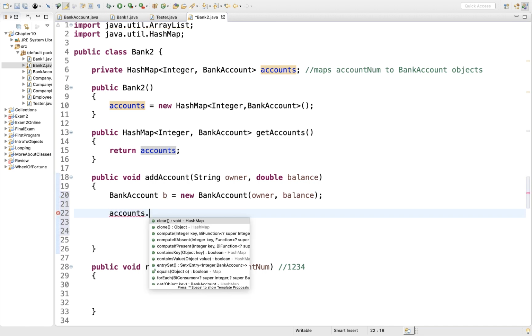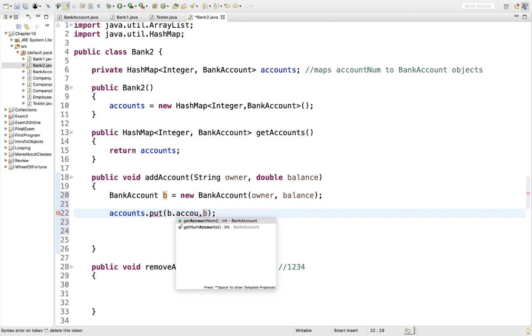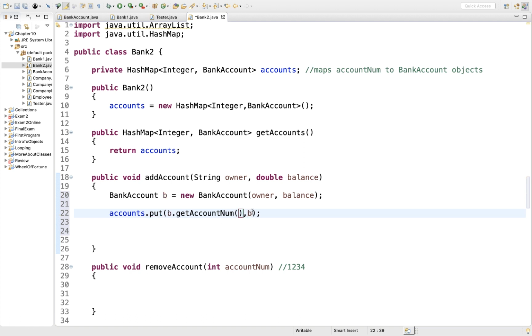In our last example, we just did this. We did accounts.add(b). Note that there's not an add method with hash maps. It's called put. And we don't want to just put b in, this address, but we want to put its key in before it, the key being b's account number, b.getAccountNum(), and then map it to the actual